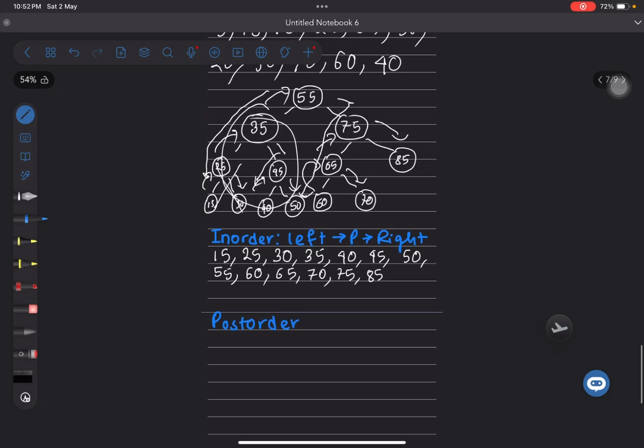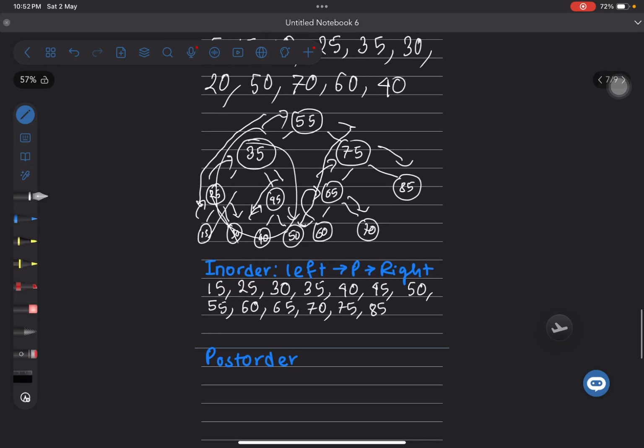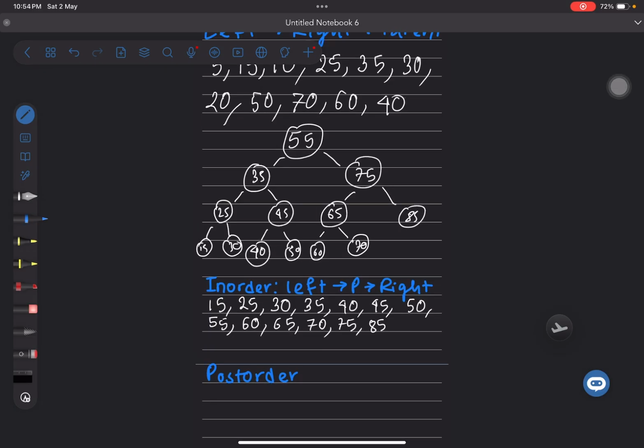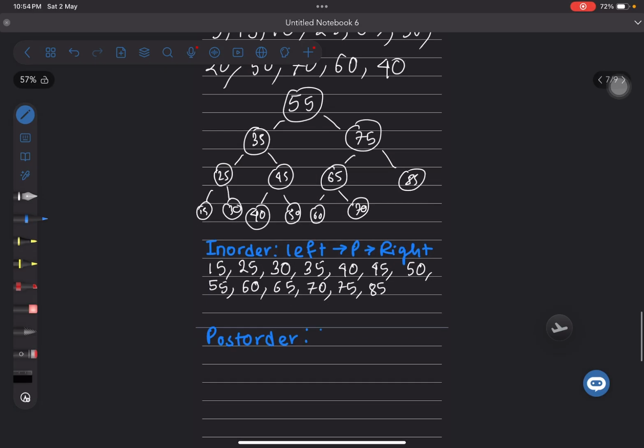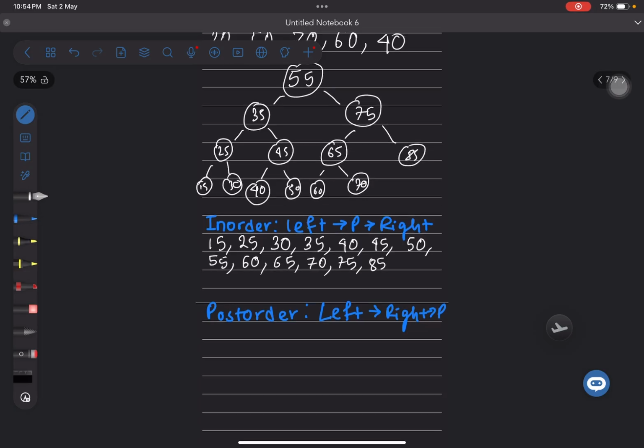Postorder. Now, what will the Postorder be? Let me delete everything first. Okay, so for Postorder, at first we go to the left first, and then we go to the right, and in the end we hit the parent. Remember, the parent is hit in the end. So we go to the absolute left side. What do we find? 15. Okay, so we write 15, and then we go to the right side. What do we have? 30. We write that, and once left and right are done, we hit the parent, which is